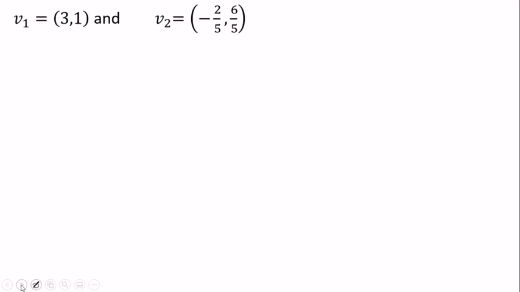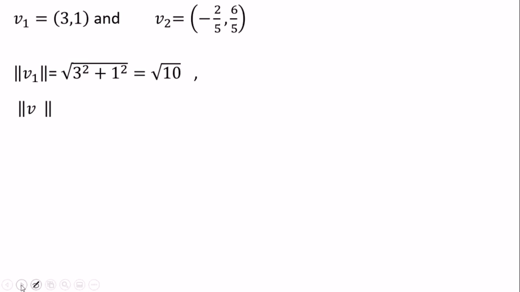So what is remaining now? Now we have to find the orthonormal vectors, that is q1 and q2. So how to get q1 and q2? To get q1 and q2 we need the norm of v1. It's similar to the previous problem. Norm of v1 is under root of the square of each element added together. So we got root 10 as the norm of v1.